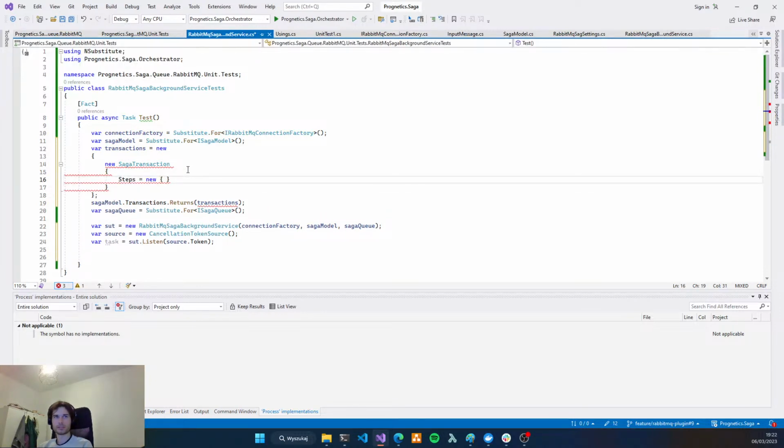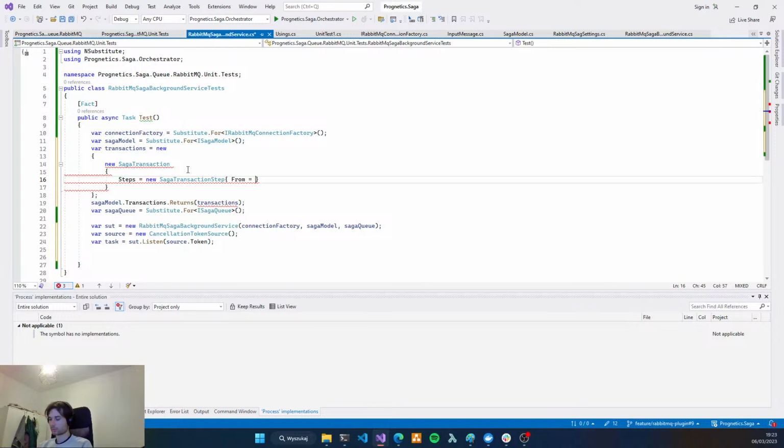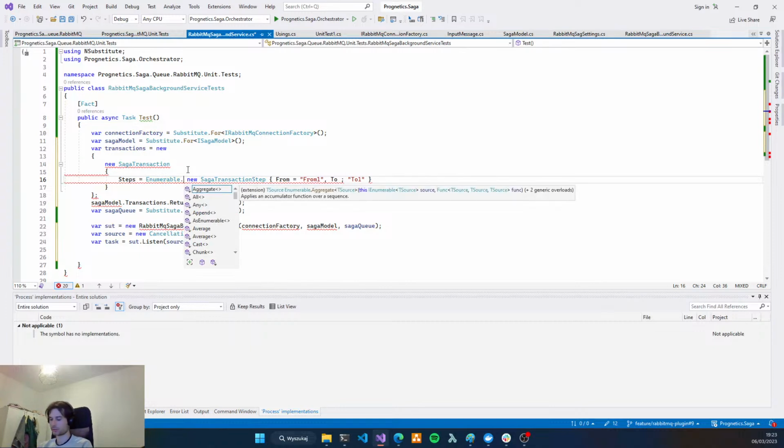We want 3 steps, and let's probably, okay, transaction step from 1 to, to be honest, we can do it right like that.